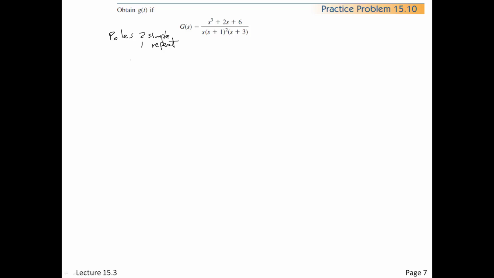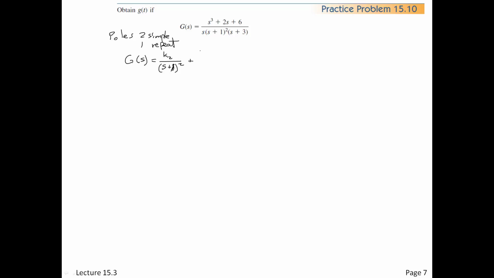Okay, so we do need to do the partial fraction expansion. And so that's going to look like this. We know we've got a repeated pole, so let's just put that in. We're going to have k2 over s plus 1, whoops, squared,